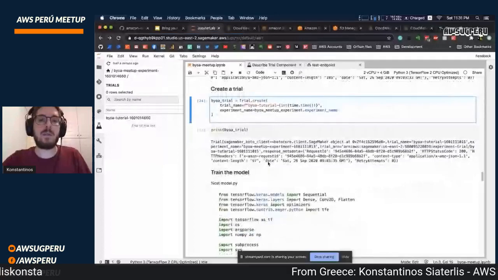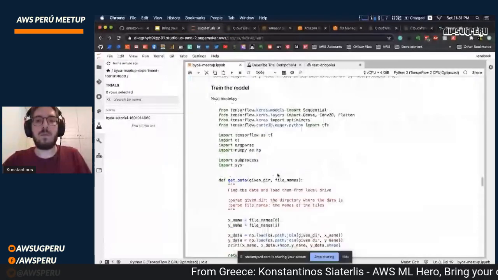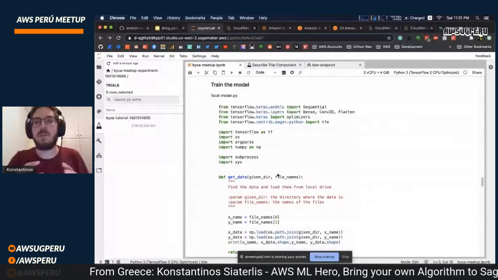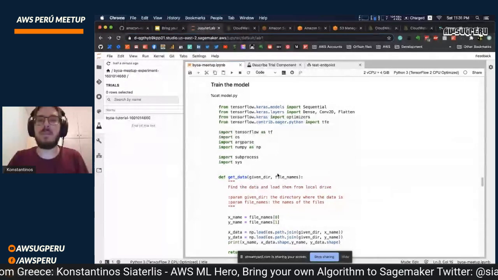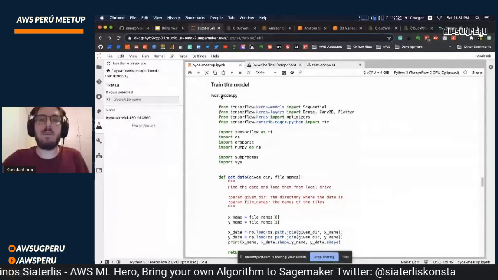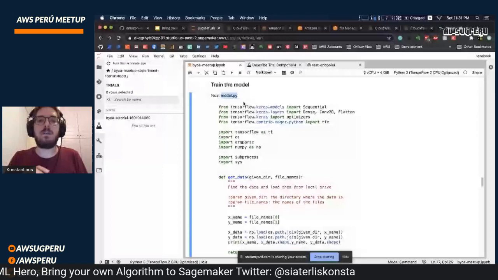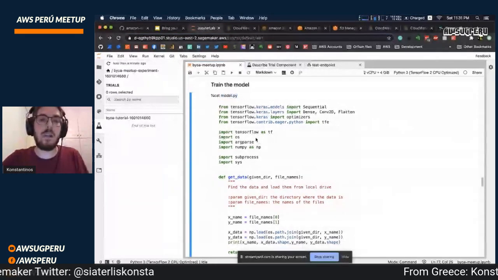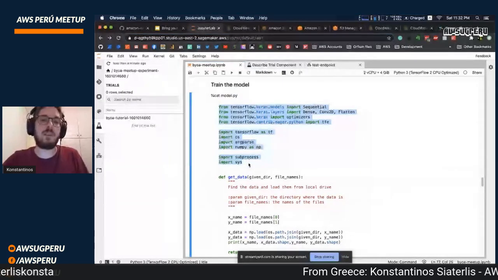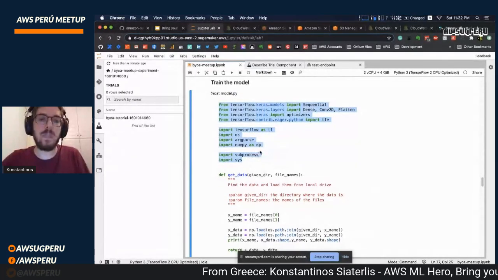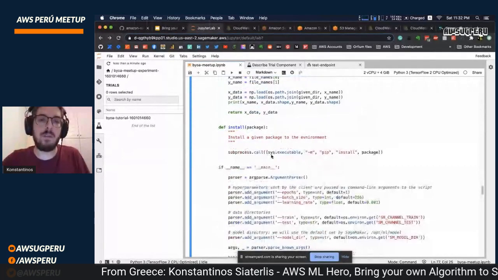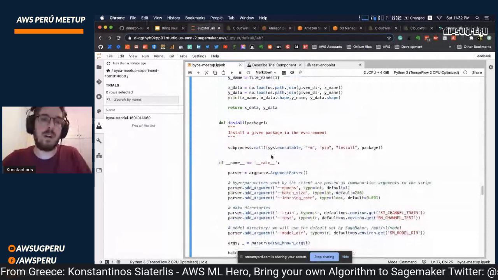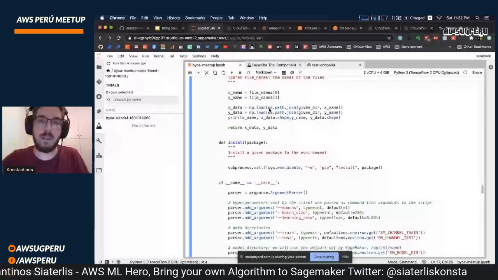But first, I have to tweak my code a bit in order for SageMaker to be able to run it. So first of all, I added a model.py file for SageMaker to run. I do all the necessary imports here. And pretty much the only difference, you can ignore this, is how I read my data.